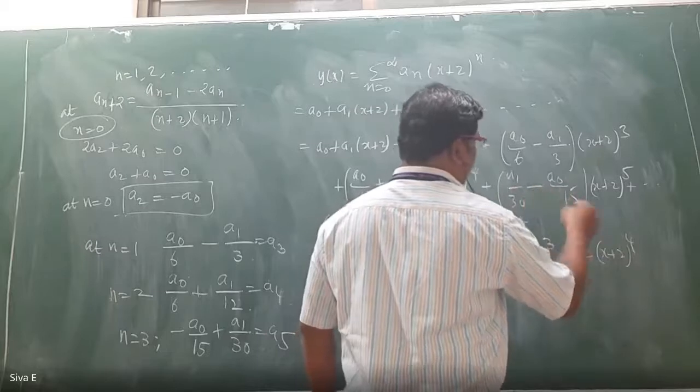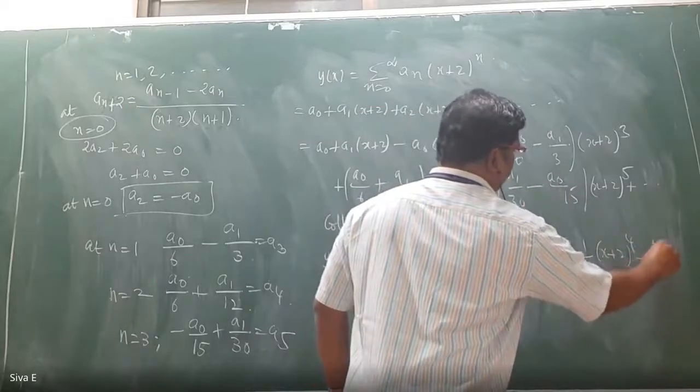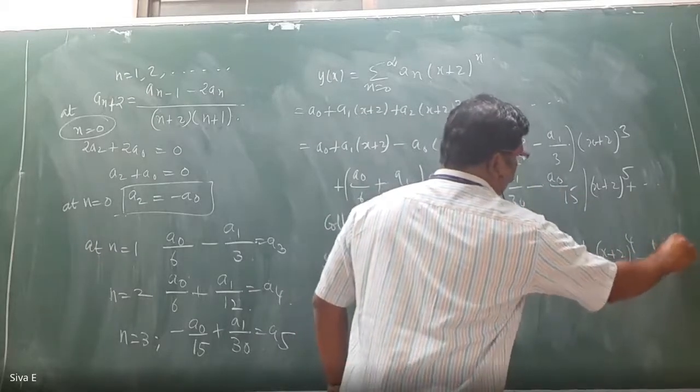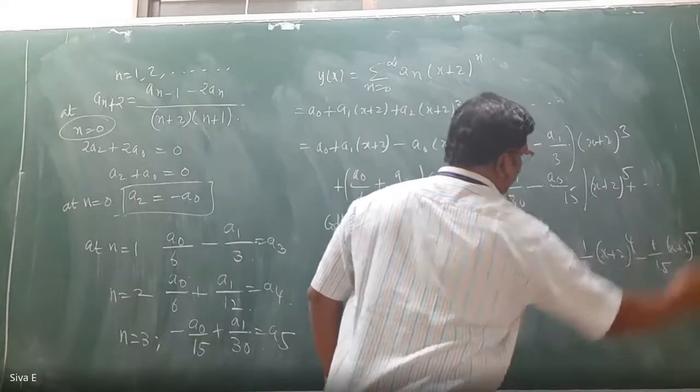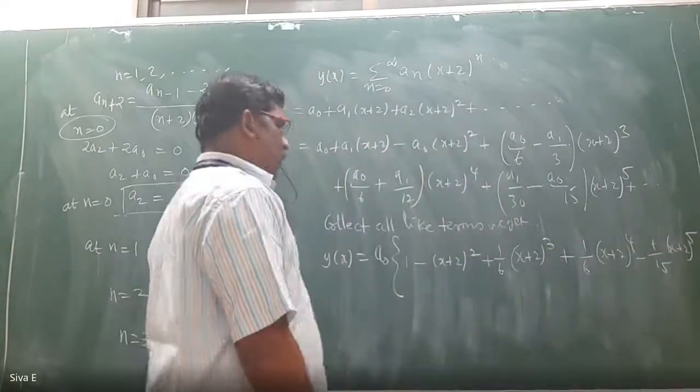Here minus a naught by 15, that means 1 by 15 x plus 2 whole power 5, close the bracket,